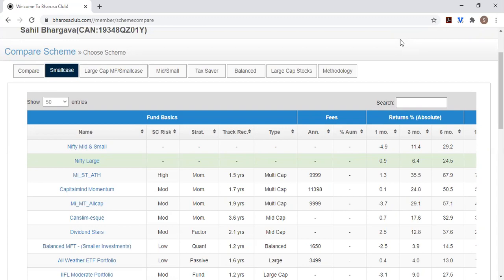One of the most important principles that we're using in building this tool is that we're focused on post launch return data only. This is really, really important because a lot of the times when you go to small case's website, it's very hard to distinguish between the backtest data and the actual returns after the fund has launched. This is a critical distinction because backtest data is of much lower quality.